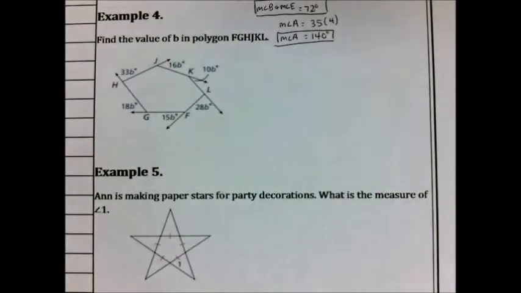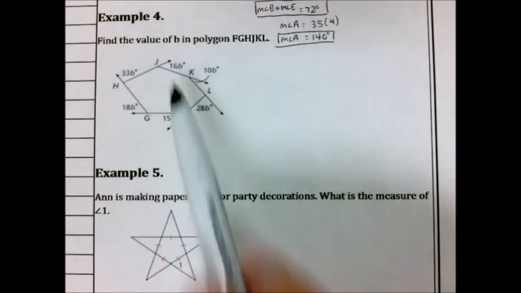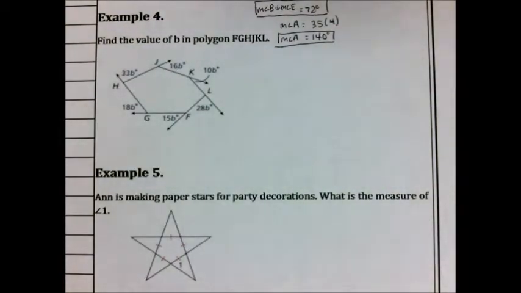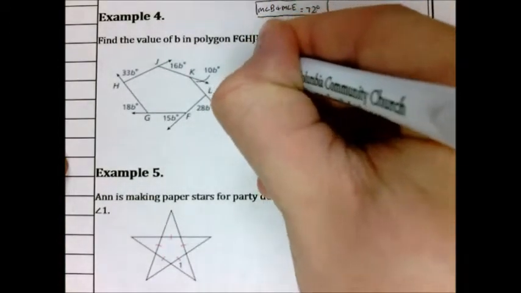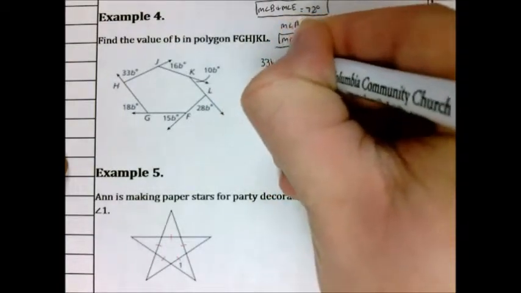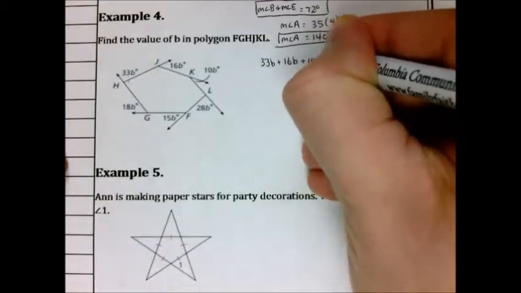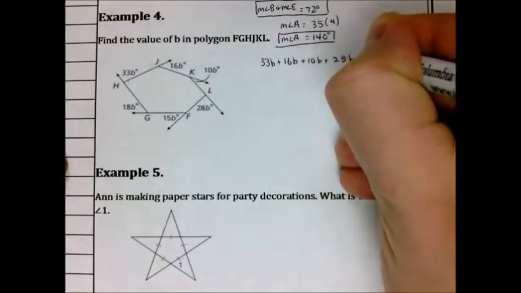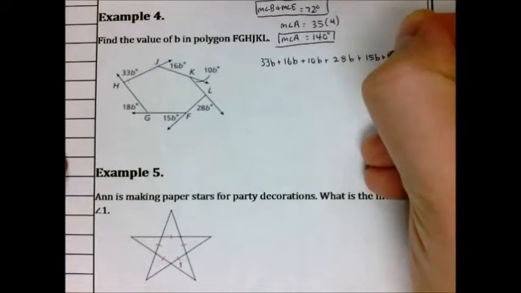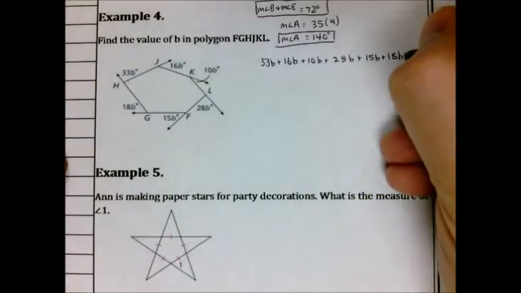All right, a couple more examples here. Example 4, we want to find the value of B in polygon FGHJKL. Now here's what we know about exterior angles, because all of these are identifying exterior angles. All of them are going to add up to be 360, right? So let's go ahead and do that. We've got 33B plus 16B, starting over here and going around this area, plus 10B plus 28B plus 15B plus 18B is all going to be equal to